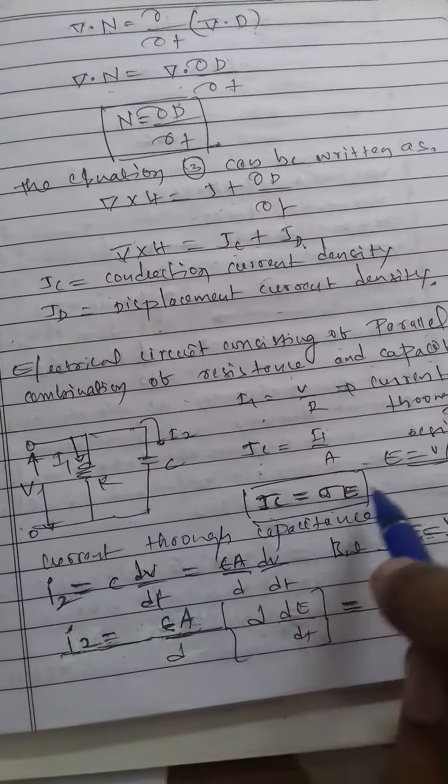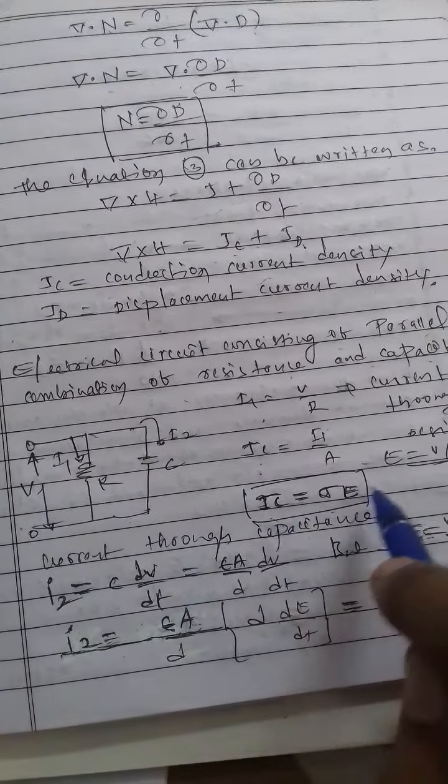and here del cross E is equal to minus dou B by dou t gives closed integral E dot dl is equal to minus integral over s of dou B by dou t dot ds. Del cross H is equal to Jc plus dou D by dou t gives closed integral H dot dl is equal to I plus integral dou D by dou t dot ds. Del dot D is equal to rho v gives closed integral D dot ds is equal to integral over v of rho v, and del dot B is equal to 0,